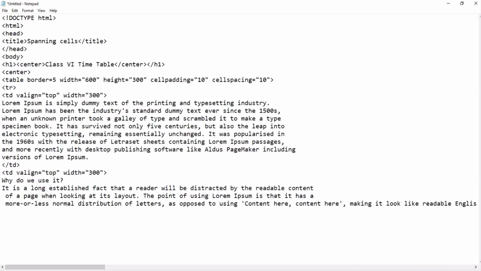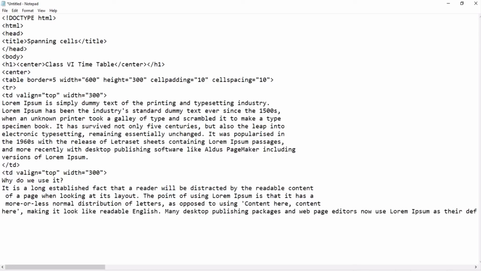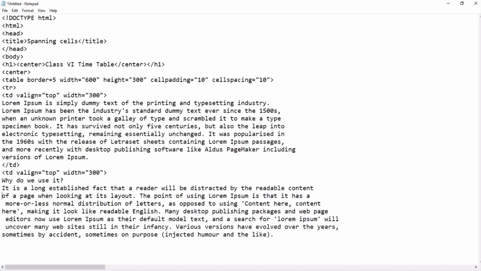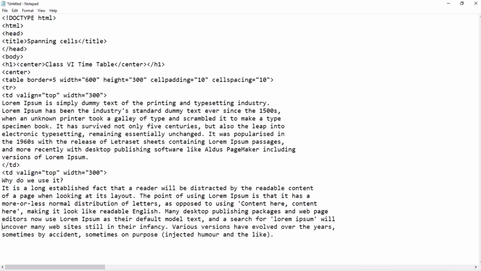So let's press enter. Let me just make it aligned here, because I don't like data that is not aligned.